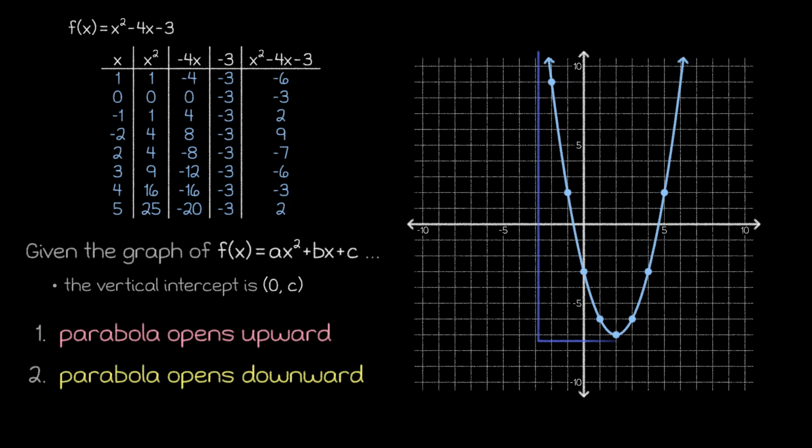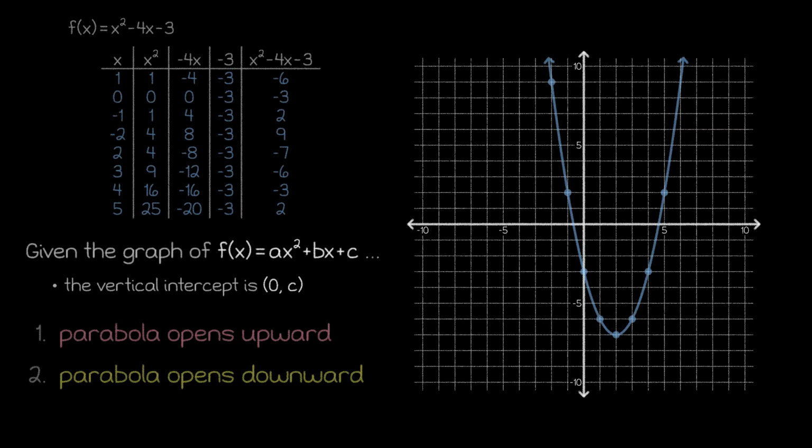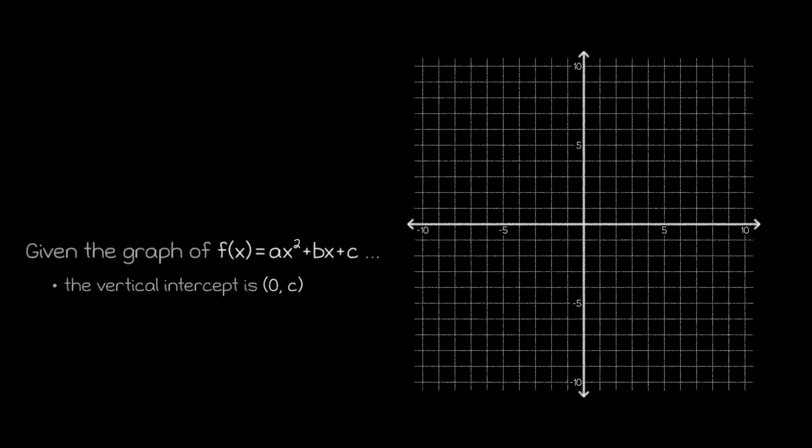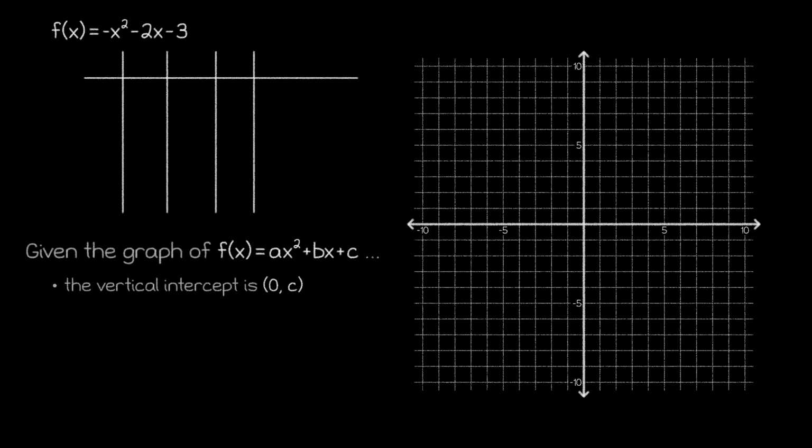Although there are many aspects of this graph that we could continue to discuss, let's move on to our next example to implement what we've learned so far and gather more information. Our next function won't be too different, but we do have to be mindful of the quadratic term since we're negating that term after we square the input.